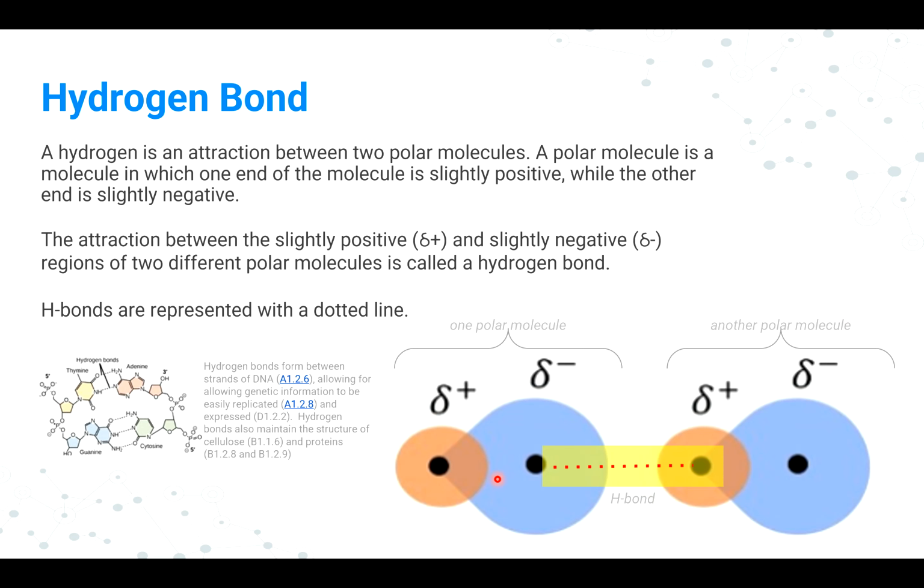So in this case, you can see this is delta positive, this is your delta negative, and there is a chance of attraction, force of attraction will be here, and a hydrogen bond will be formed. And always remember, whenever you are drawing a hydrogen bond in your exam, you must show it as a dotted line. It should not be a solid line like how we draw for a covalent bond. It's always dotted.